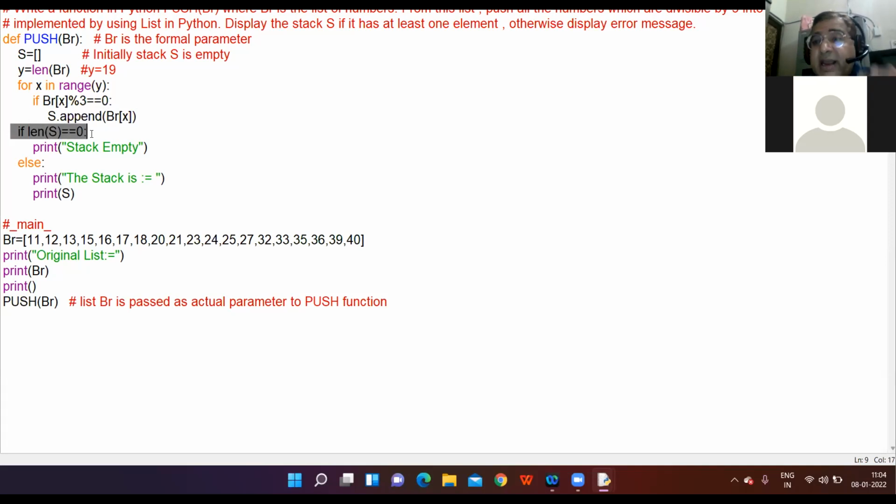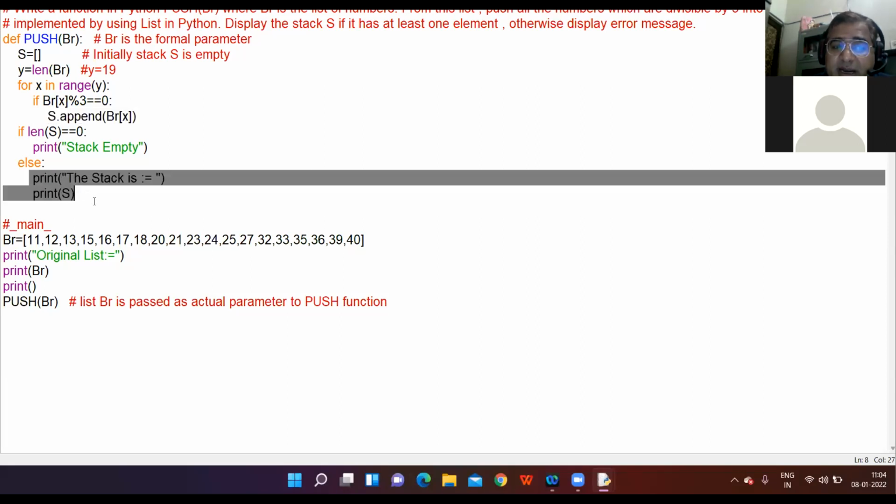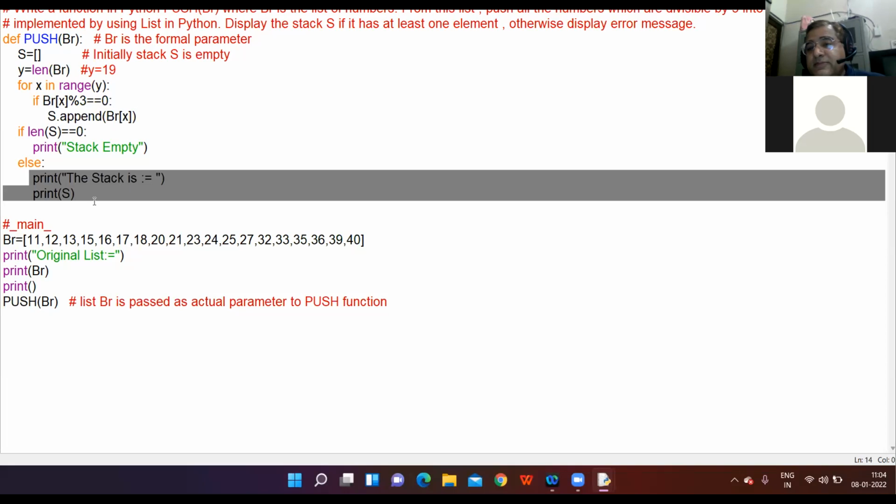It may happen that there is no element which is divisible by 3. At that time, no element will be transferred to the stack, so your stack will go empty. Otherwise, print the stack.